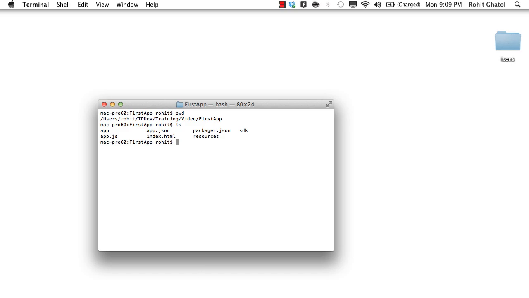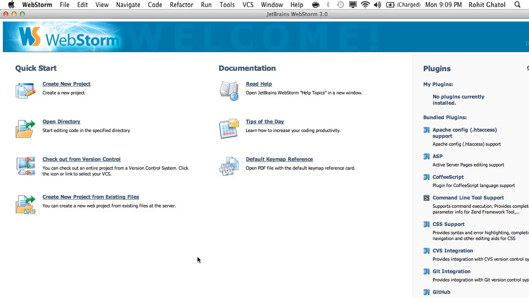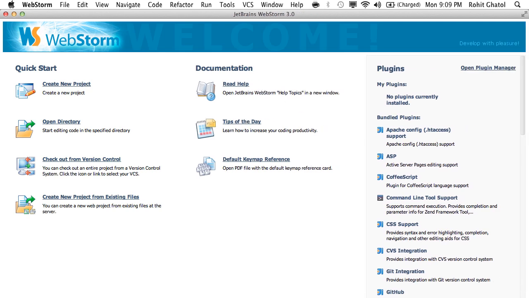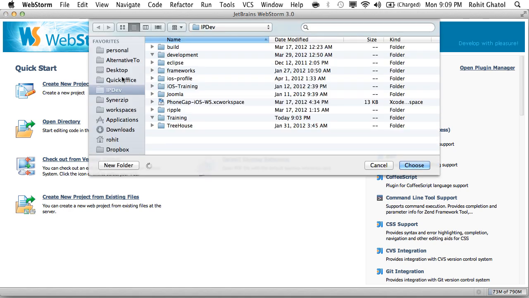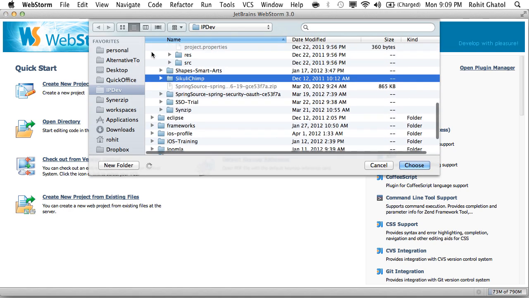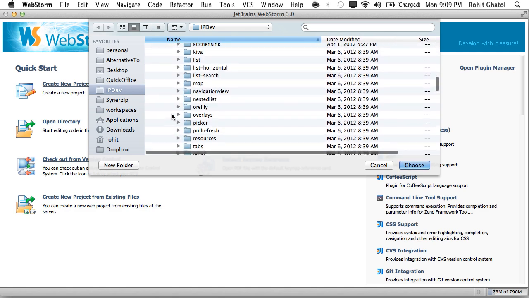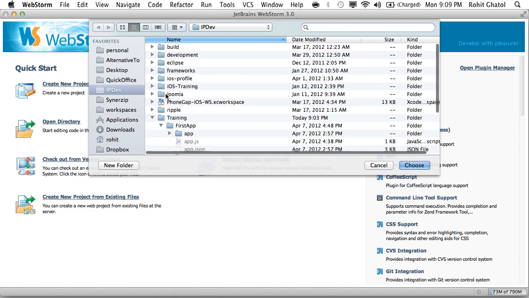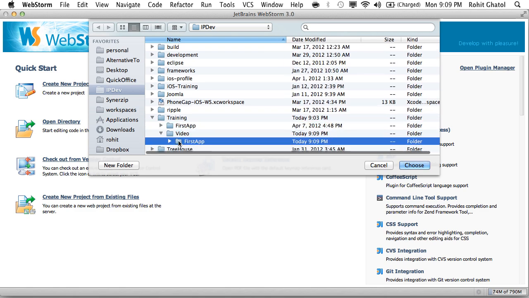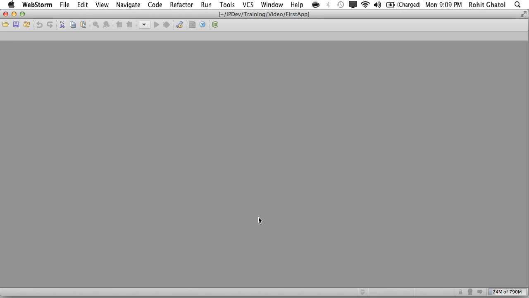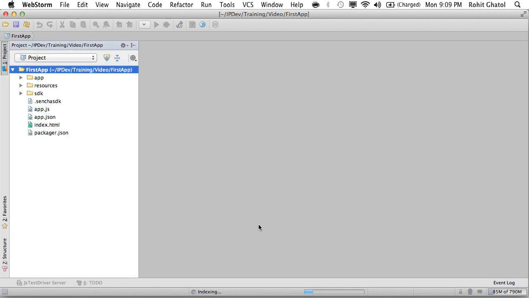For this particular demo, I'm going to use WebStorm as a tool. So I'm going to go to WebStorm and I'm going to say open the training directory and open the project. That's where you see